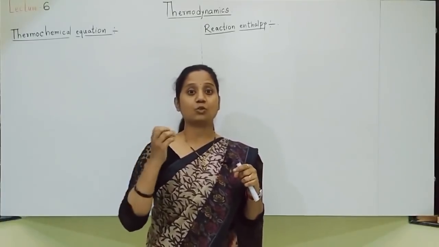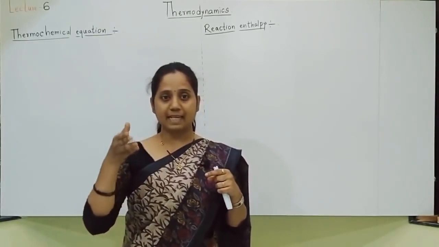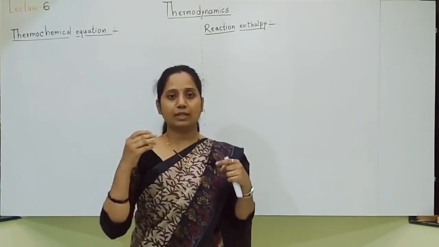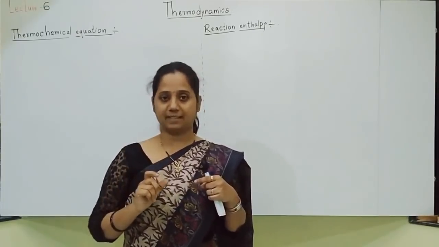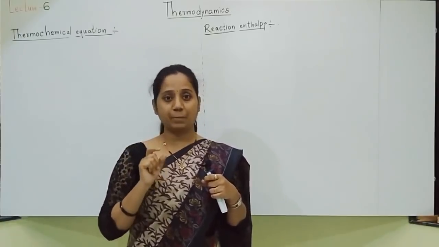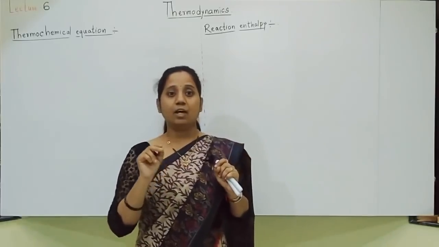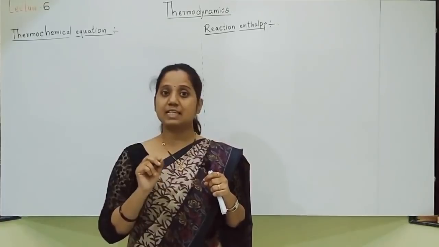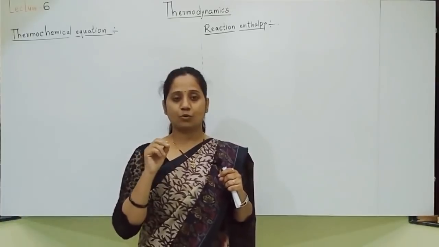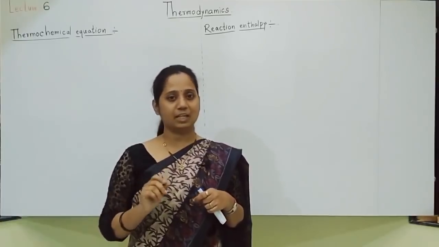How much enthalpy change took place means whenever any chemical reaction takes place, at that time pre-existing reactant bonds will be broken, new bonds are formed, new products are formed. So there are always changes going on in the enthalpies. What enthalpy change took place, that value will be mentioned in front of the chemical equation. Secondly, the physical states of all the reactants and products, whether solid, liquid, gas, are mentioned. Such equations are called thermochemical equations.